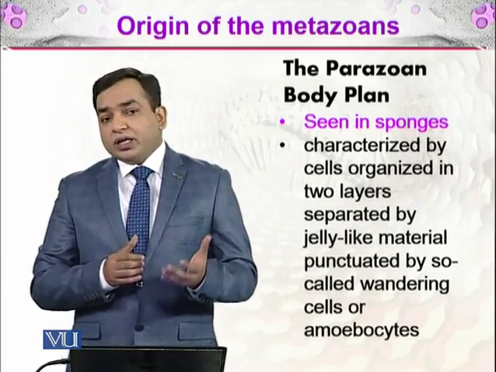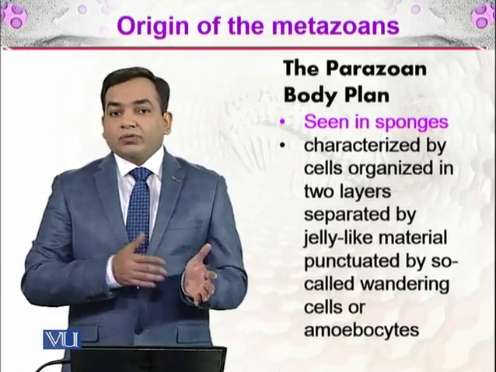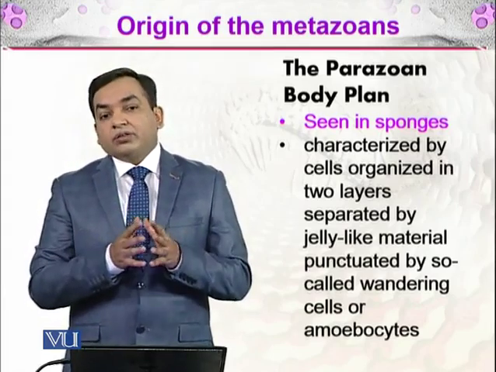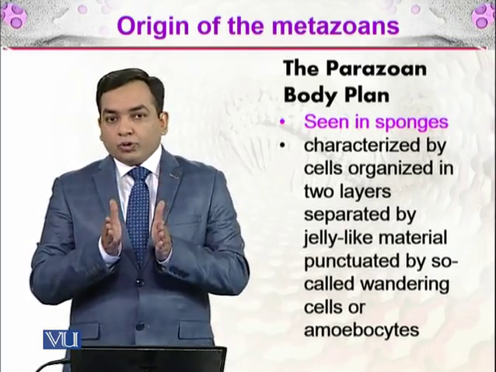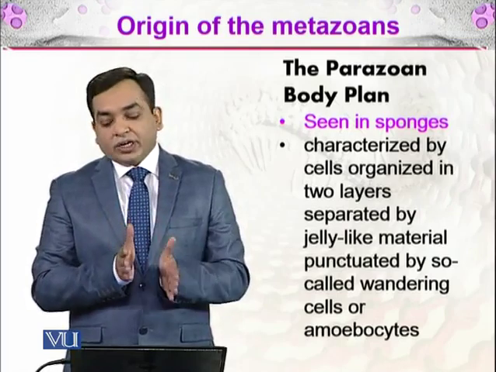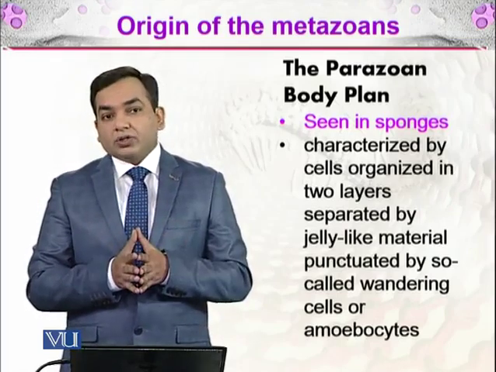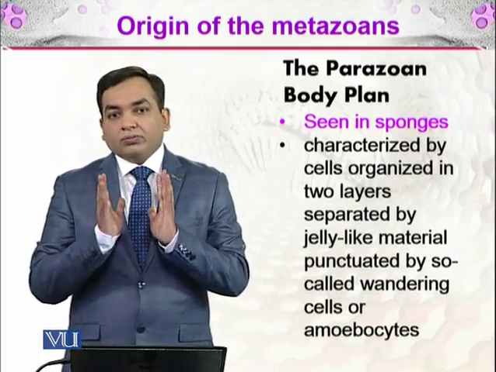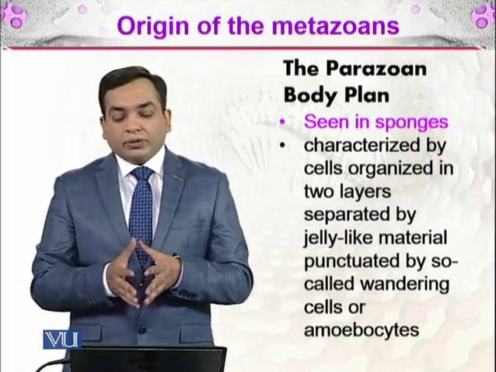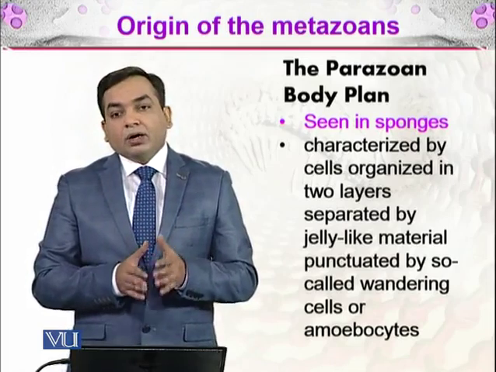Wandering cells means they go from one place to another, and amoebocytes means they can move. There are two layers, and in between there is a gelatinous material, and this is called the Parazoan body plan. The outer layer and inner layer make a sandwich-like structure in which in between there is a gelatinous